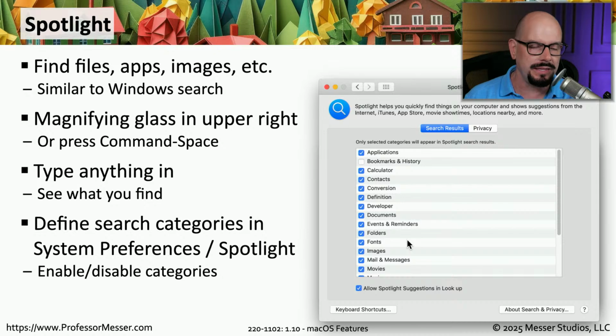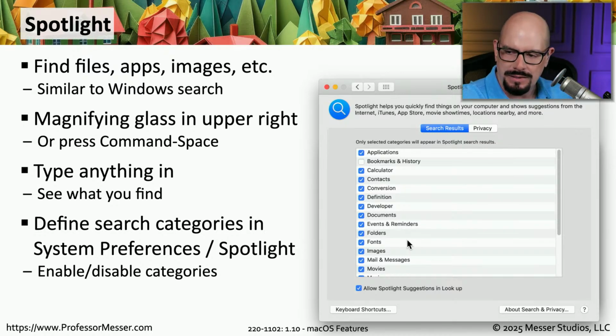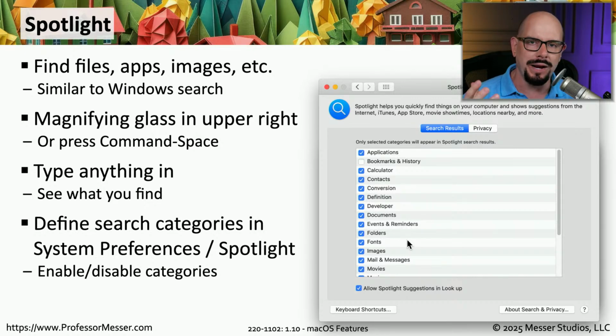And that's why in this case, 76% of you said file searching. Oh, I turned off Spotlight. Now I'm no longer going to be able to search for that particular document, file, folder, or anything else that's in my file system.